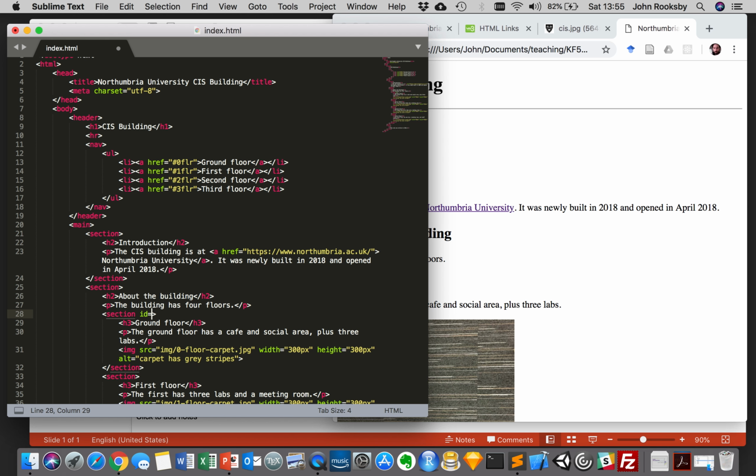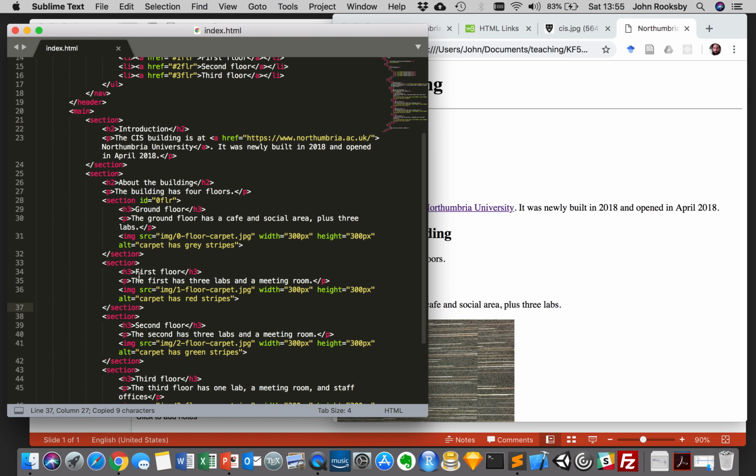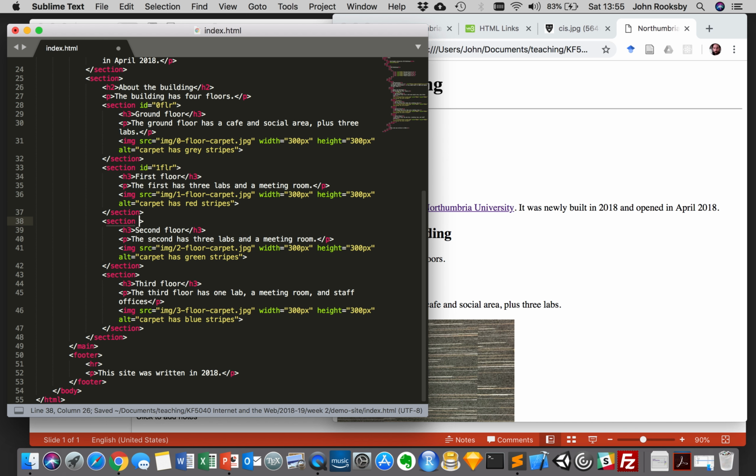I can say ID equals 0FLR, and if I just copy that, I can say for the first floor we've got ID equals 1 floor. This second floor we can say ID equals 2 floor, and for this one we can say 3 floor,